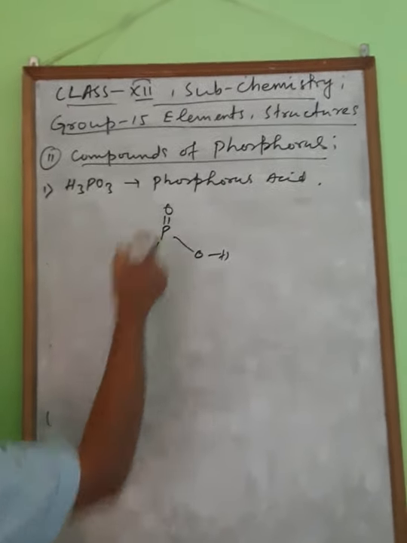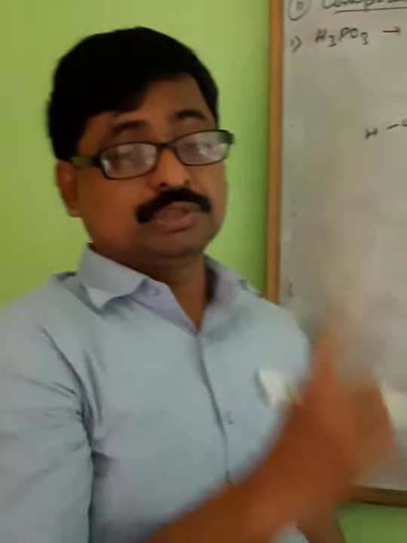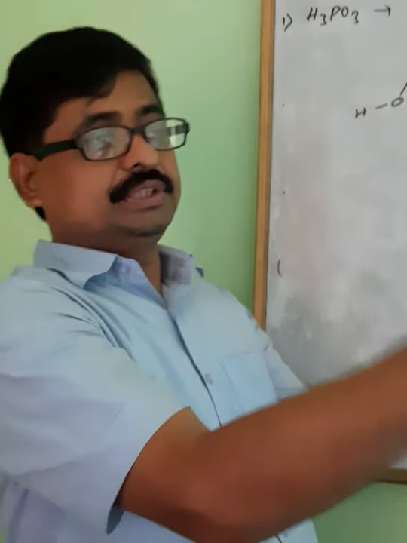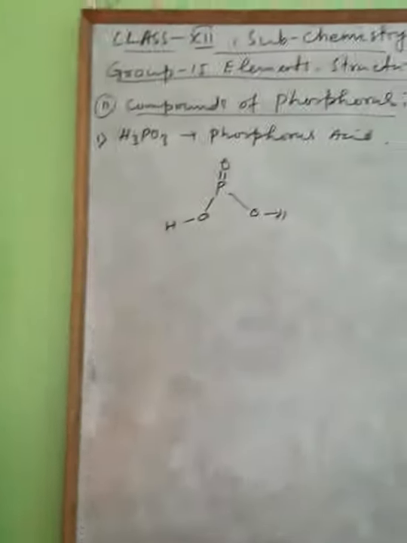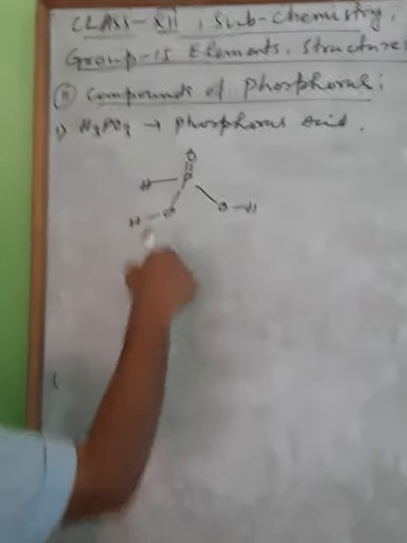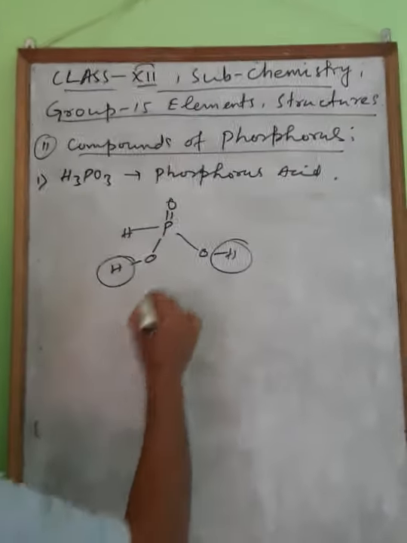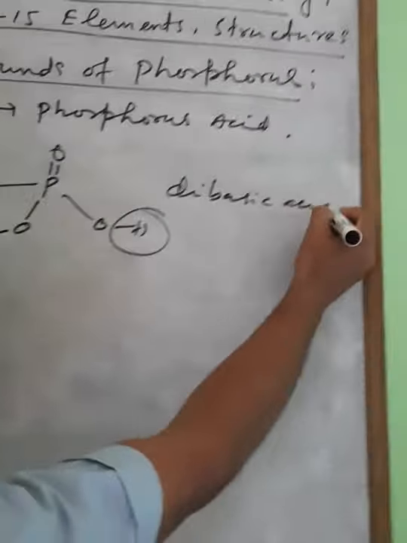1, 2, 3, 4. But valency of phosphorus how much? 5. Because d orbitals are available, one 3s2 electron will be separated and move into the d orbital. So it will give sp3d hybridization. What I told, sp3d hybridization, and 5 bonds will be there, 1, 2, 3, 4, and this is hydrogen. So how many protonated hydrogens are there? 2. So dibasic acid. Okay, because there are 2 protonated hydrogens.